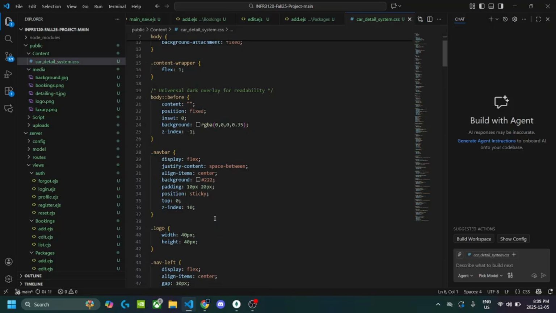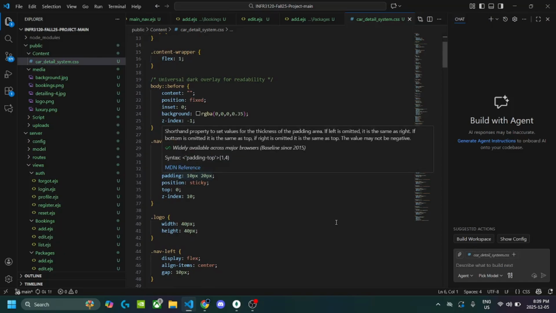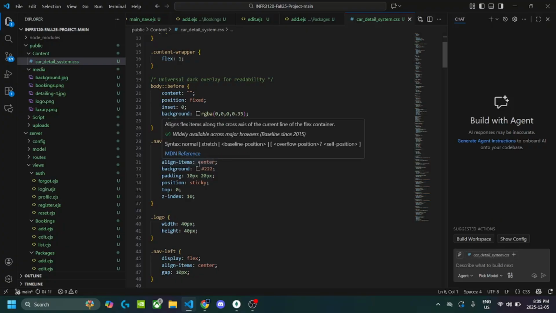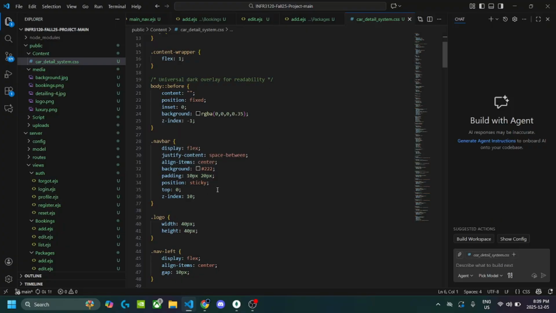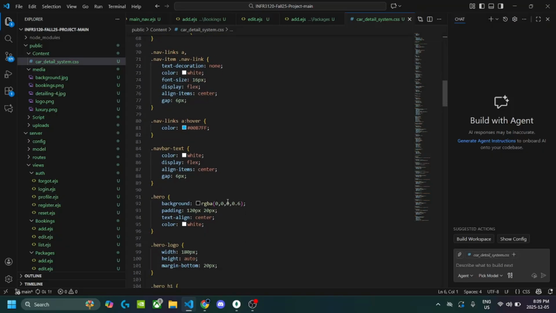The main thing changed was the nav bar logo, the text line for the nav bar, which was done over here for the line items, and that allowed the text to be at the same height for every section of the code. And then if you scroll down,